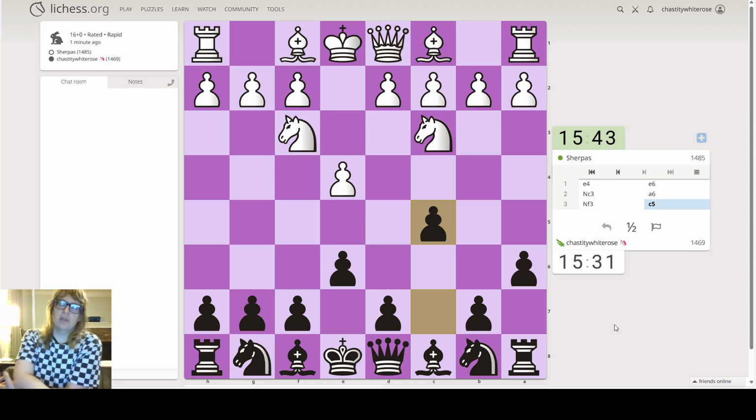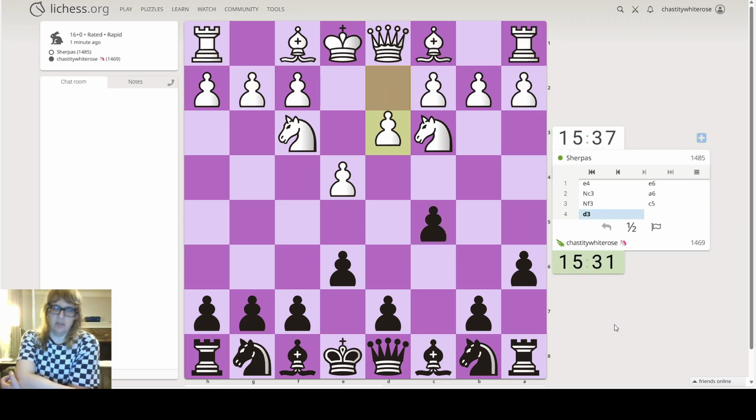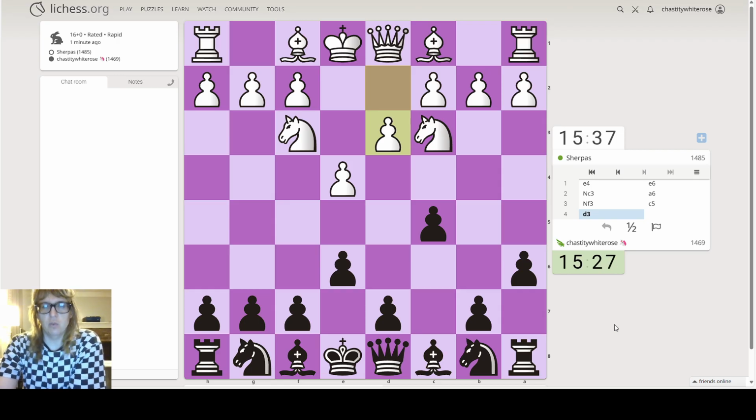Because now their queen's pawn is slightly less likely to move two squares. It still could. I would capture them. They would capture back with their knight. Oh, interesting. They moved that just one square. Okay, so